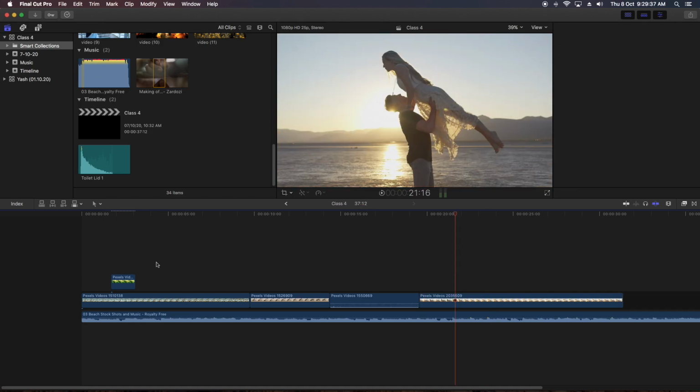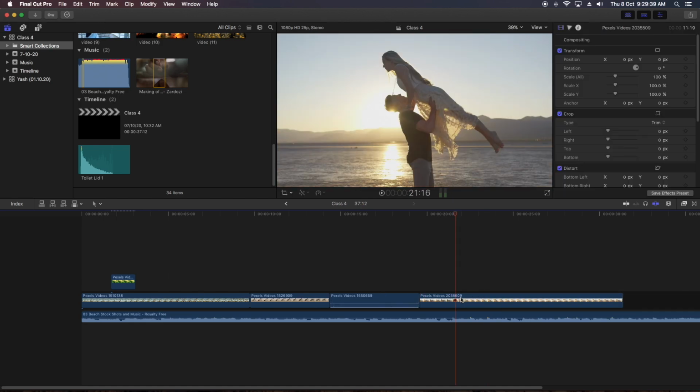Okay, so if I want to move this clip front or back on this storyline, I can easily move it. How? I can drag this clip and go in between any cut point.